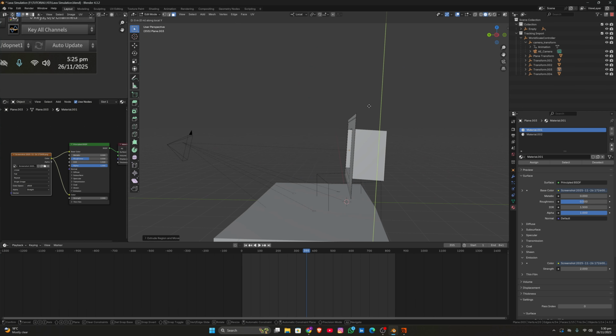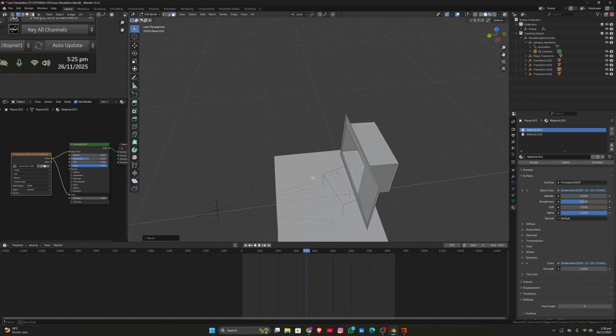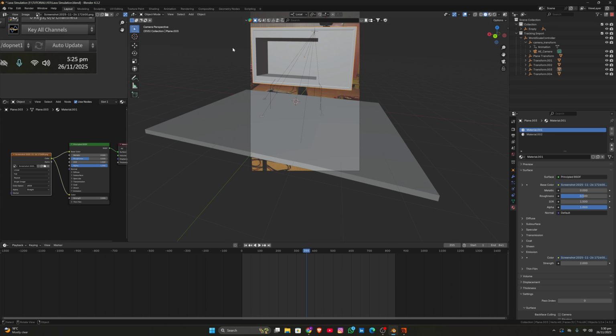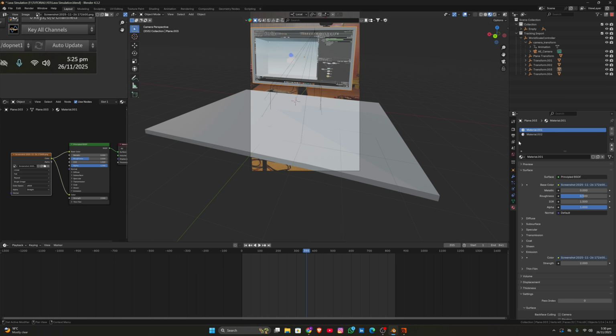I'm going to move it a little bit backward so we have space for the lava, or maybe a little bit forward, I don't know. So now if I go into viewport, as you can see we have a scene going on, and if I go into material view, okay, as you can see the side looks white